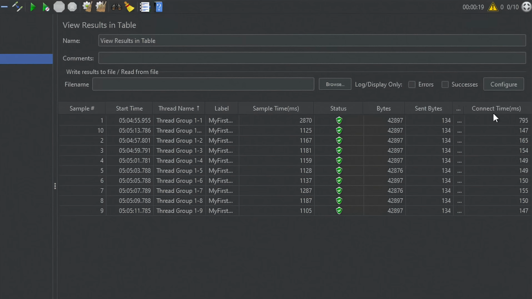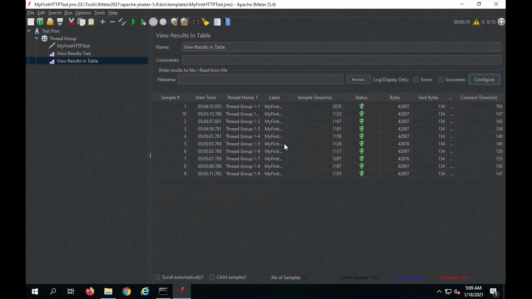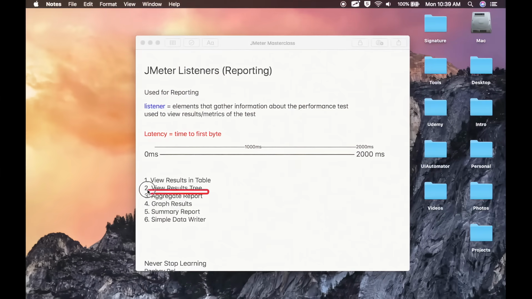So the time it took to connect to the server, this is that time again in milliseconds, and then you will see a field where you can browse a file. You can read or write these results to an XML or a CSV file, and you can also upload the results from that file. We have a configure section where you can configure the headers and other properties. So this is view results in table. Let us now see view results in tree,